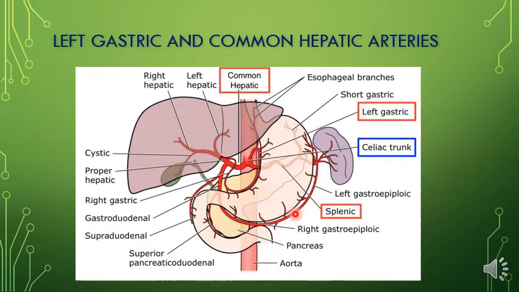Sometimes the gastroduodenal artery provides a supraduodenal branch, which is also called the artery of Wilkie. So this gastroduodenal sometimes may give rise to a supraduodenal branch. That artery is called the artery of Wilkie, which is an end artery and supplies the upper margin and adjoining surfaces of the proximal half of the first part of the duodenum. So this is the first part of the duodenum, right? So the proximal half of the first part of the duodenum sometimes is supplied by this artery of Wilkie. So just remember that.